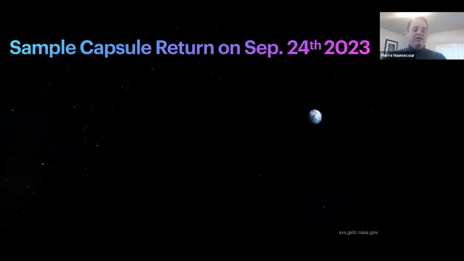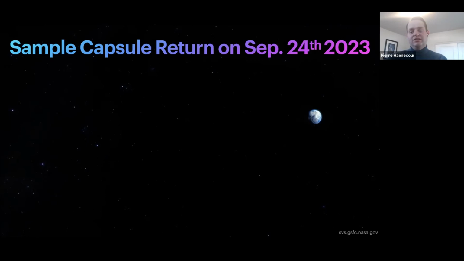But one of the key interesting things is that the samples are not actually going to come directly. While the tag event actually happened just a few months ago, the spacecraft is going to stay around Bennu until May. So it's going to do one last imaging to try to image the site where it collected the sample, and then fly back to the Earth after this coming May, and it will land on the Earth on September 24th, 2023